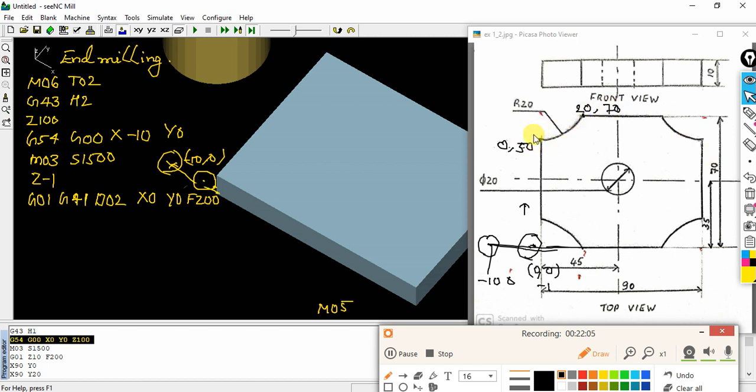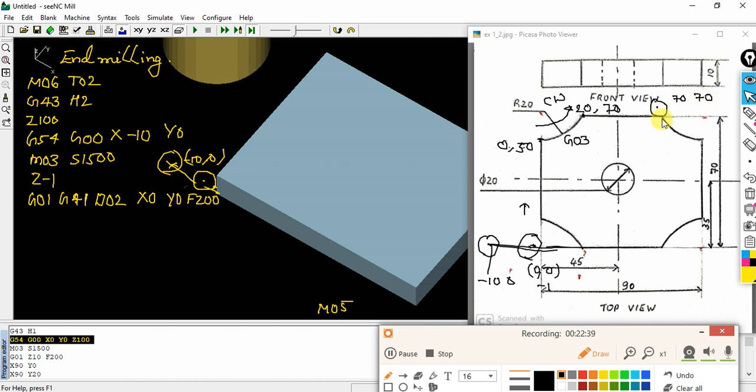From here my cutting tool moves in circular interpolation in clockwise direction. For that you need to use the command G03, and you need to specify the radius. Similarly, to move my cutting tool to the next point, X will be 90 minus 20, that is 70, and Y will be again 70.